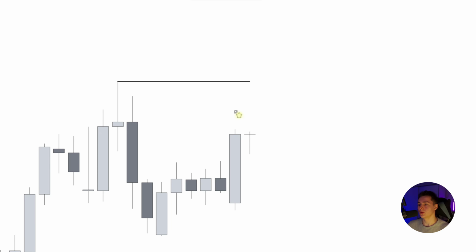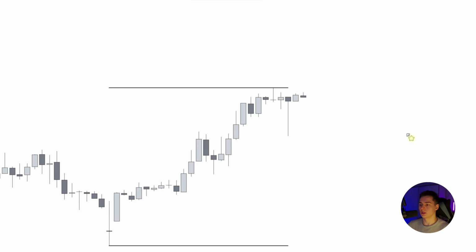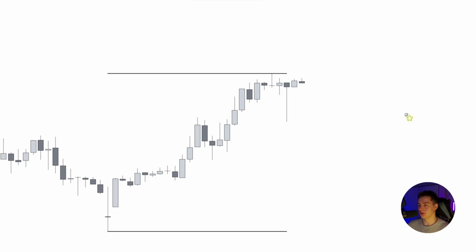So once again, we're going to ask ourselves, are we going for the previous day high or low? Now in this case, once again, we want to go for the previous day high and not for the low, simply because we are just very far away and therefore we might as well just go higher instead of lower. So once again, we go onto the hourly chart and want to identify key levels on why the price